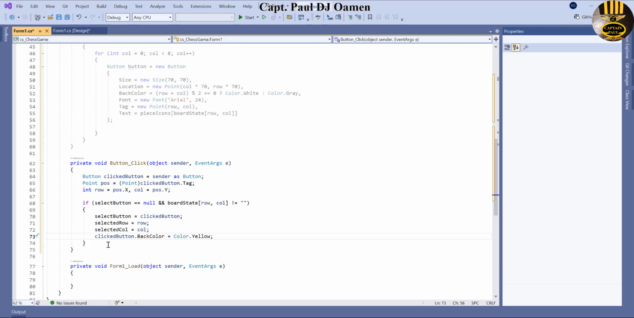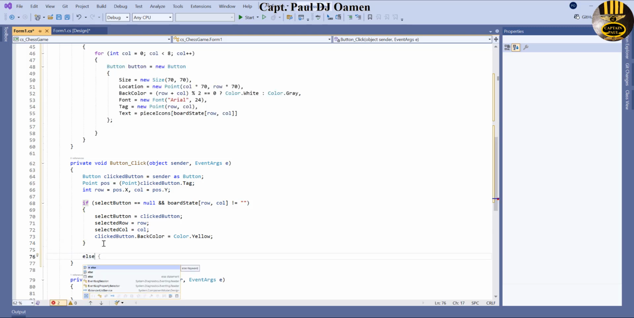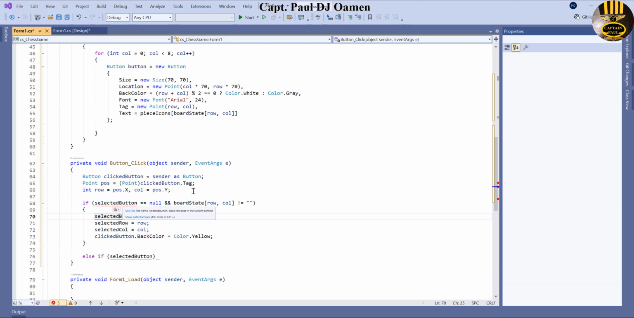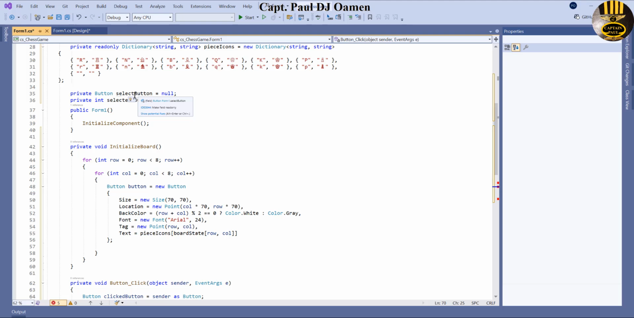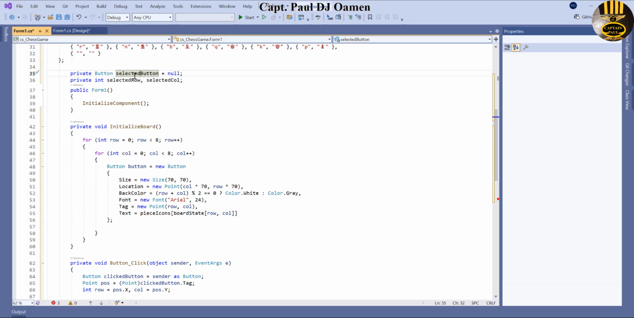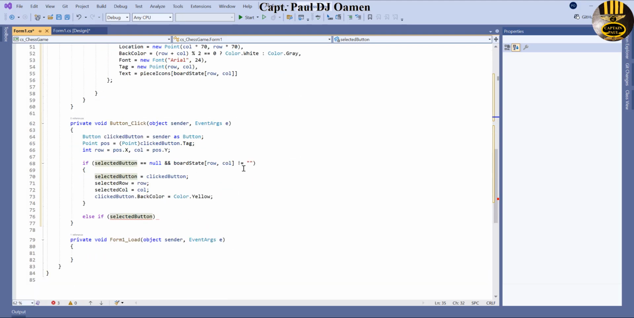Okay, and we then need to just use, let's say, else if underneath here, using an else if statement. Else if selected button, this should be selected button as well. Here you can see we have an error, I think, because I must have made a mistake. I should change that to selected button. Okay, so private button, selected button. Else if the selected button is not equals,